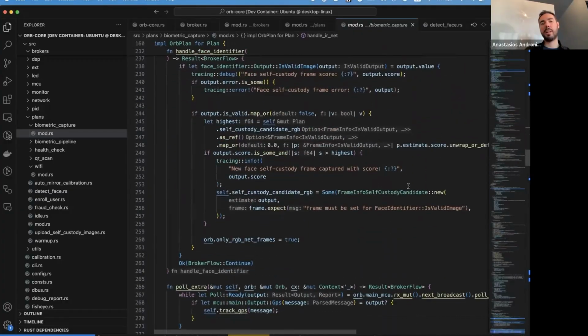Another interesting thing is the fact that we need to capture 2 eyes, so we need a way to separate when we are done. So you first need to capture one of your eyes, then the second one, and then at the third stage, you need to capture your face, because that's also part of the self-custody. So again, we see another emerging property inside plans, that we have objectives internally that we need to hit on every iteration.